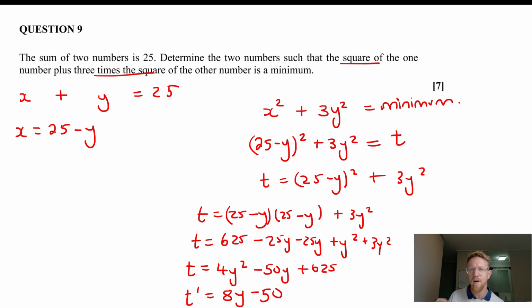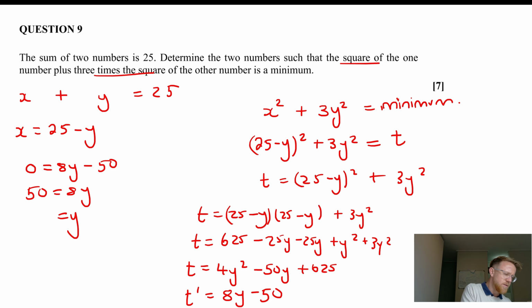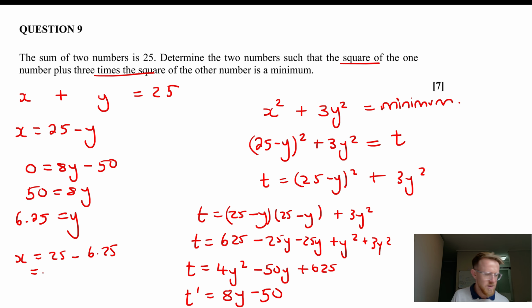To find minimums, you take the first derivative and make that equal to 0. So we're going to say 0 is equal to 8y minus 50. Solve for y, and you should end up with 50 divided by 8, which is 6.25. Okay, and then to find the other number, we can come back to this expression and say that x will be 25 minus 6.25,